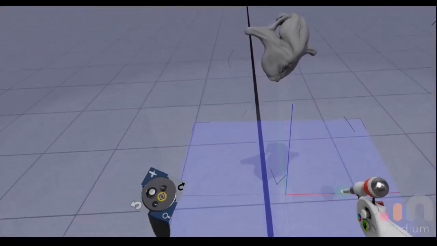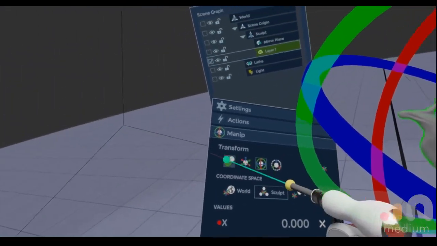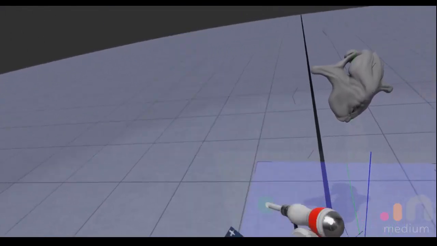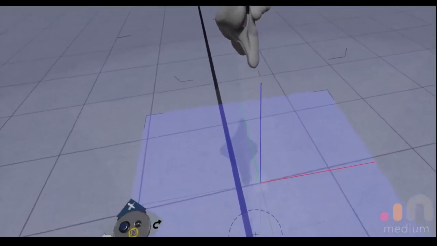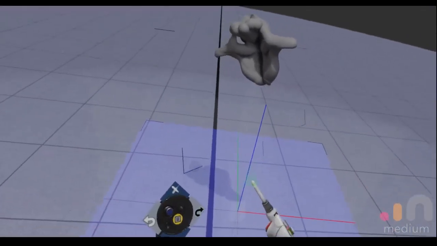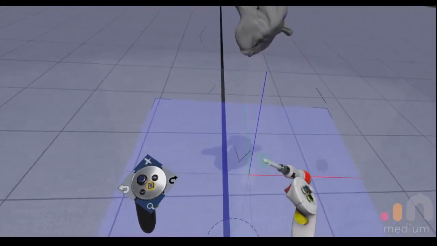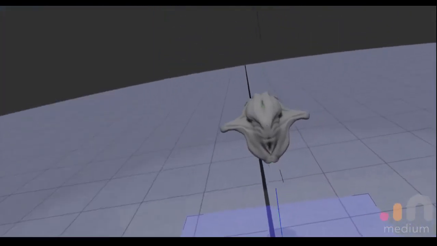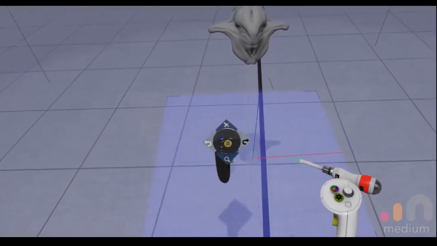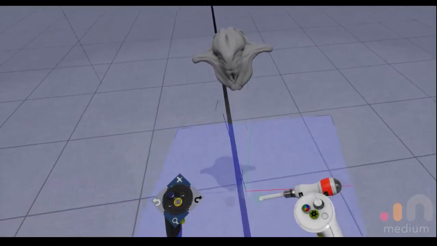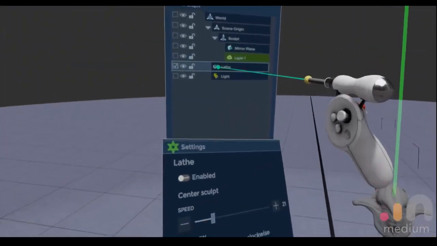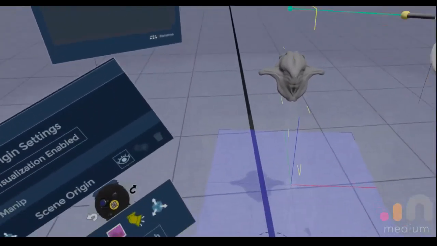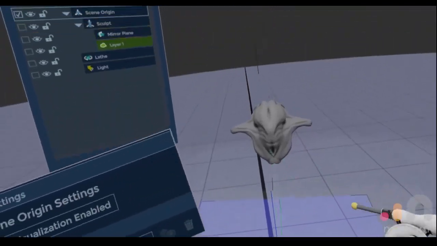The issue you have now is if we go to lathe this, the same sort of thing will happen: your sculpt's not straight. It's not going around a lathe. It's going around a strange axis that you've inadvertently created by moving around the scene, which is not a bad thing. We should all be able to move around the scene and do stuff, but it all gets offset by the strange relationship between the lathe and the scene origin, which are behaving a little strange at the moment. So anyway,